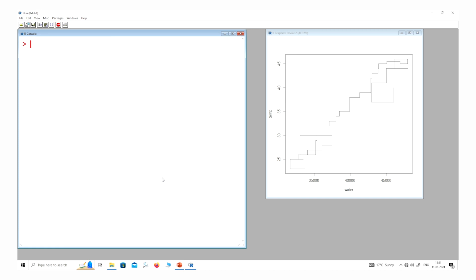Now similarly, if you use the command scatter.smooth with water comma temp, right, you can see now you are getting the same plot, but now there is a line, right?